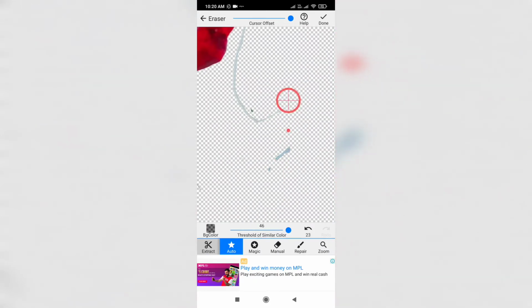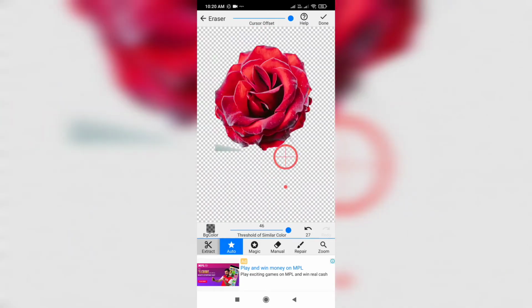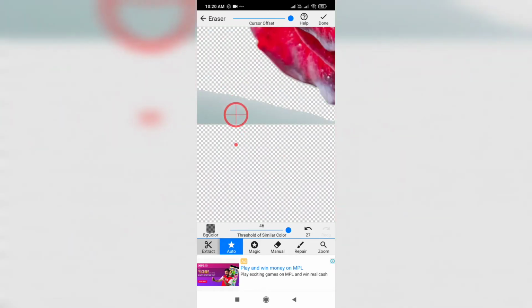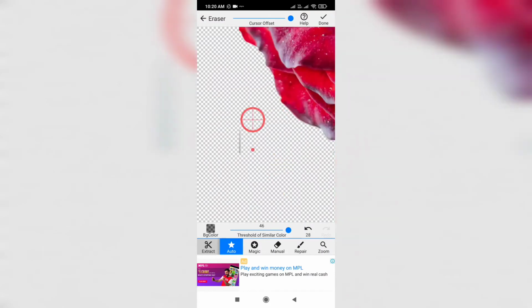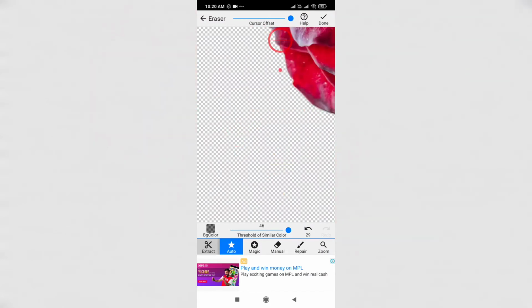For some pictures it will be very easy, but for some pictures it will be a little bit time taking. If you are good with Adobe Photoshop, you can use it over there as well, but as I am always on the go, I use this app to clear out any background of an image.